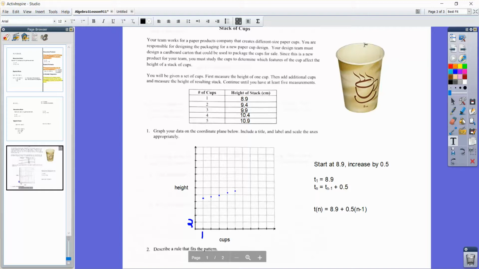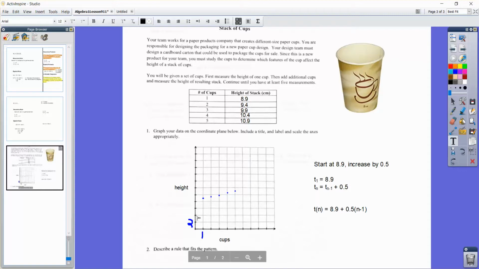You can put multiple paper cups in here and come around with a stack of paper cups and pull them out as you need, right? So a single paper cup, obviously, is much higher. But if you stack them and then measure the height of the stack, you'll see that the stack height only increases a little bit. In this case, it's only increasing by ½ centimeter, 8.9 to 9.4 to 9.9, and so forth and so on. Now, if I graph that data, if I go by 2's on my x-axis and 2